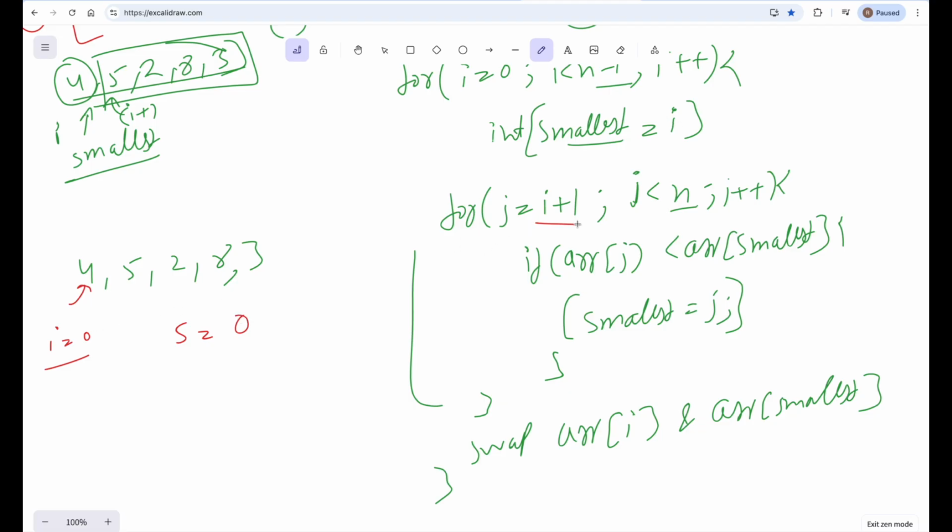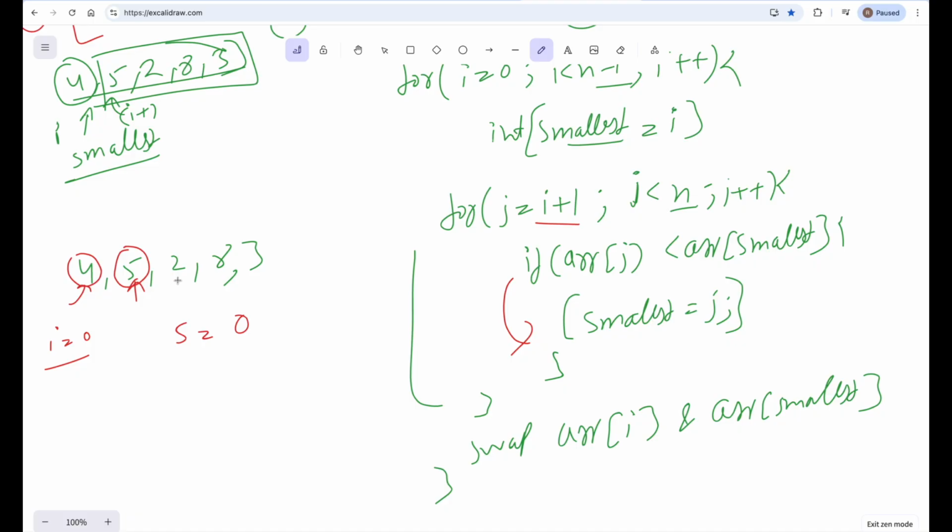Now j equals i plus 1, so you will run from this position. Inside, we check whether array of j, this element, is less than the smallest element, this one. It's a no, so it's not less, and we will skip this if condition and not enter inside it.